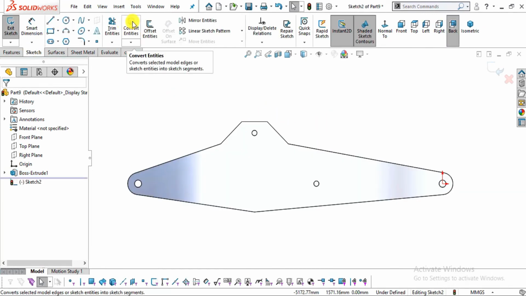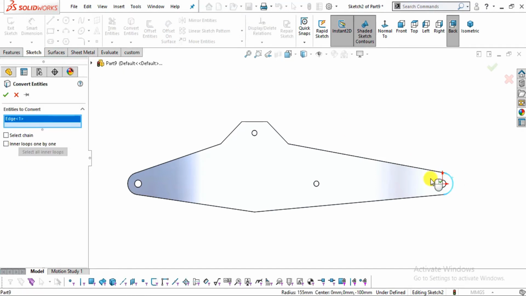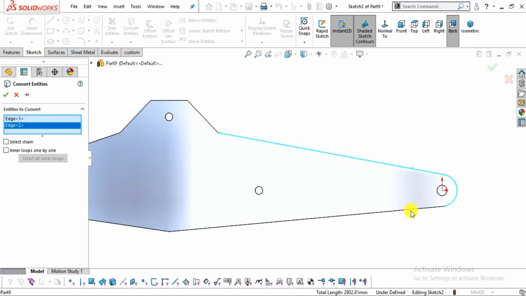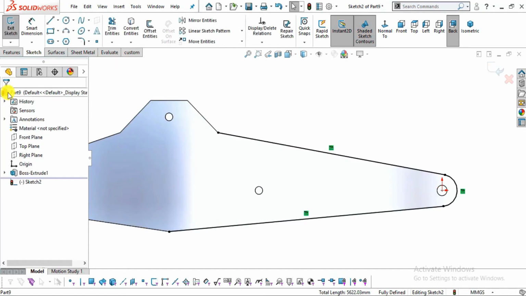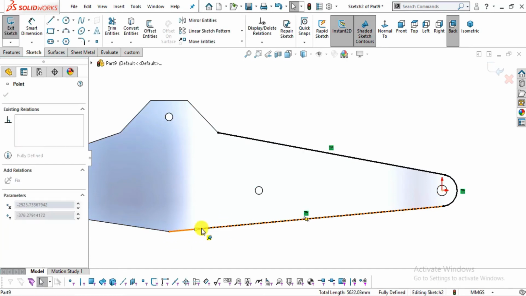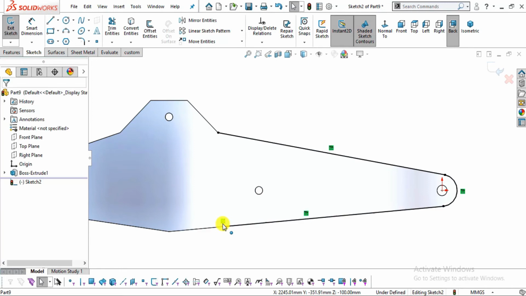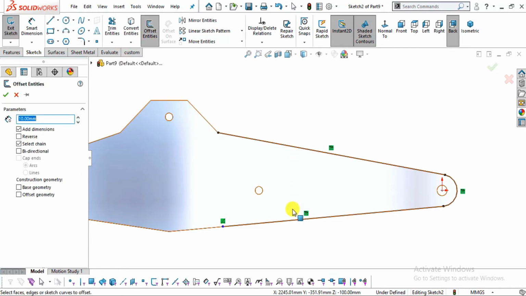Now select convert entities, select this edge and this edge. Now click here OK. Now drag it like this. Now select here offset entities